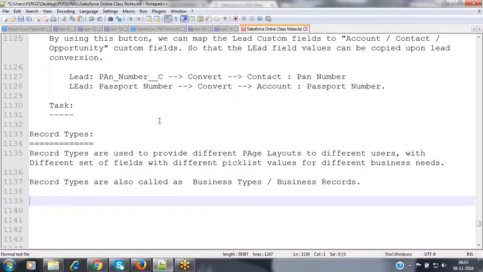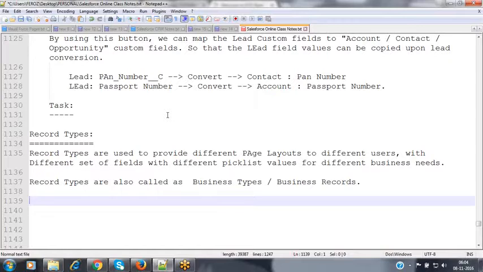Now, coming to record types, where can we configure them? For each and every object, whether standard or custom, we can configure record types. Not only one, but multiple, depending upon your requirement.